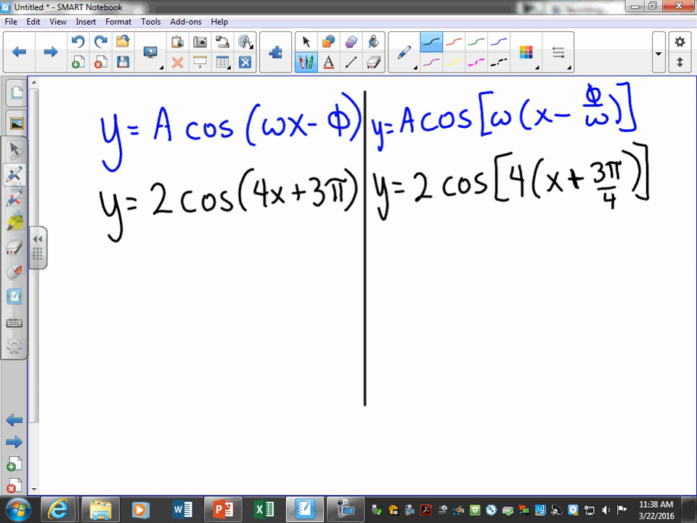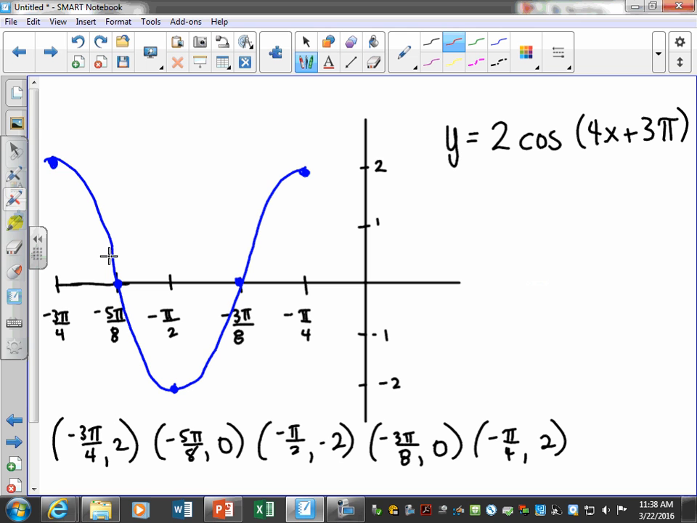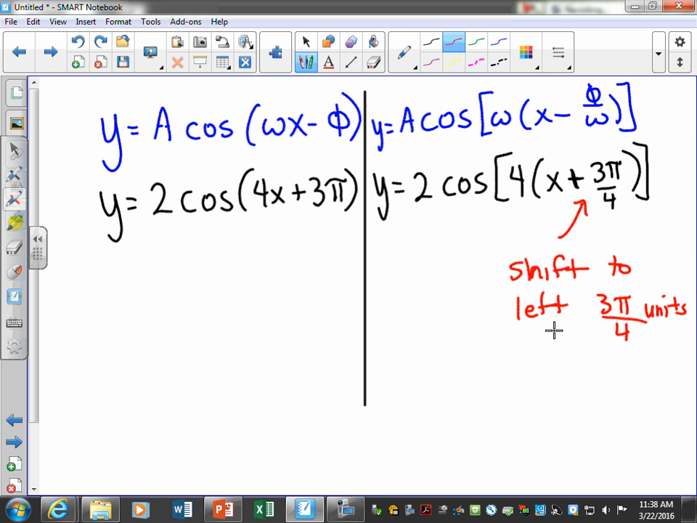And then also we have to be careful with our sign. So now we have it in our transformation format, and thinking back to rules for transformation, now that this x is by itself, we focus in on these parentheses, and what does this tell us? Shift to the left 3 pi over 4 units. Right? Well, let's look back at our graph. That's exactly what we did, right? We picked it up and it shifted to the left 3 pi over 4 units. So just for reiteration on the transformation,